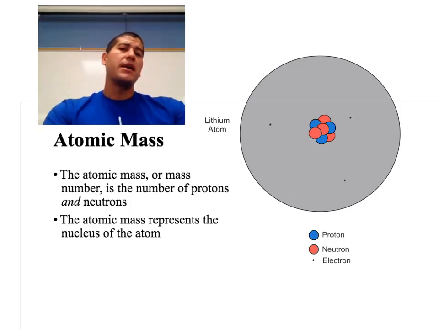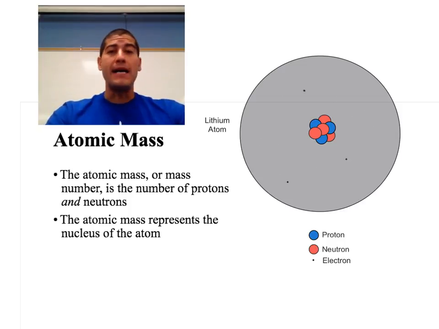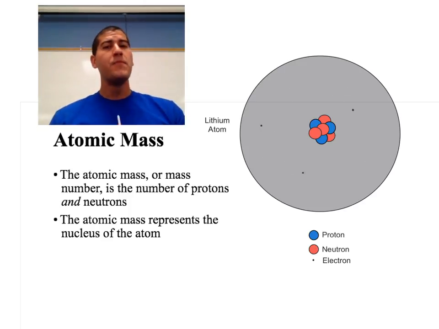Now, a lot of people get confused about the atomic mass or mass number, and I think it's because the atomic number is just the number of protons. And so people want to make the mass number just the number of neutrons. But that's not the case at all. Both neutrons and protons contribute to the atom's mass,